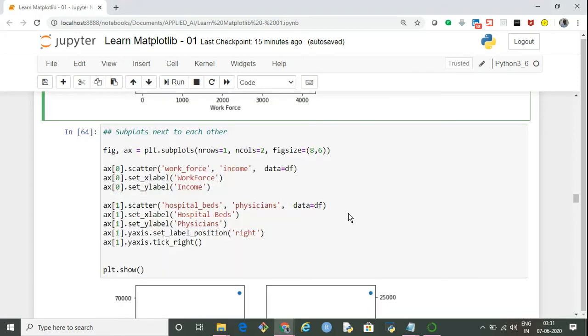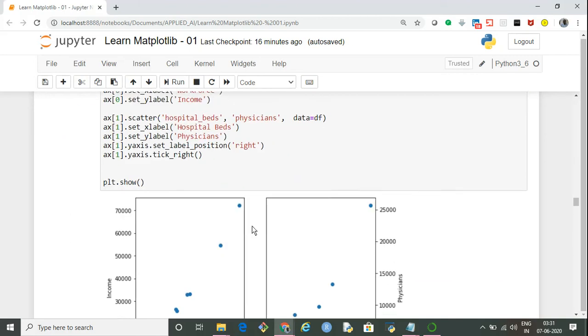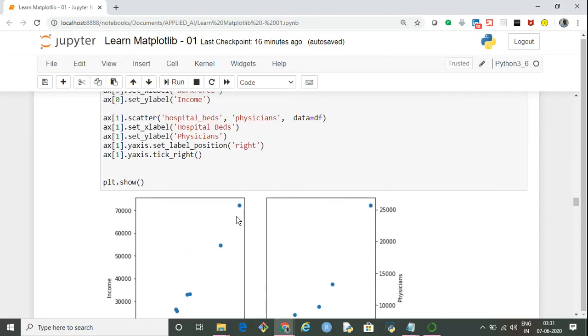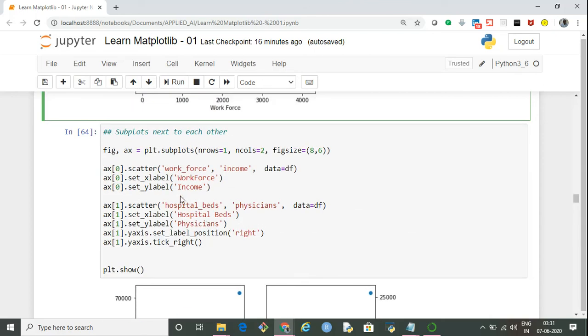Now, if let's say there is a requirement to plot two plots next to each other, something like this. So we have plot 1 and we have plot 2, and we want to plot them next to each other. Then in this case, we have to use a concept which is called subplots. I'm using this in an object-oriented fashion because I think that is a better approach to use for plotting in matplotlib.